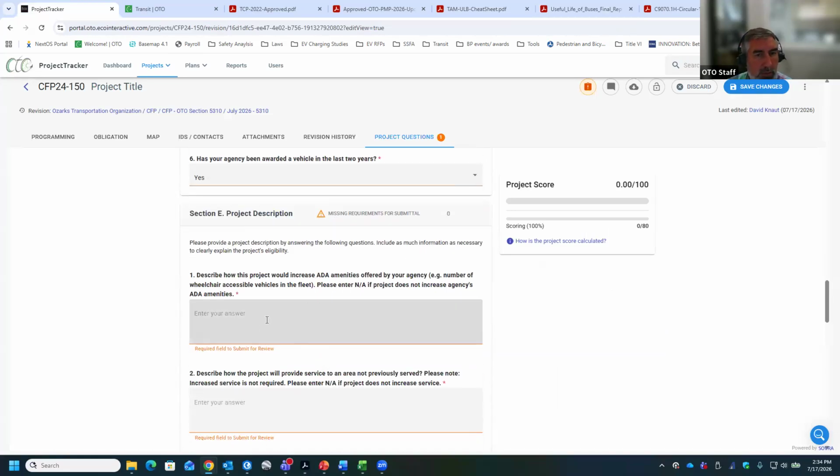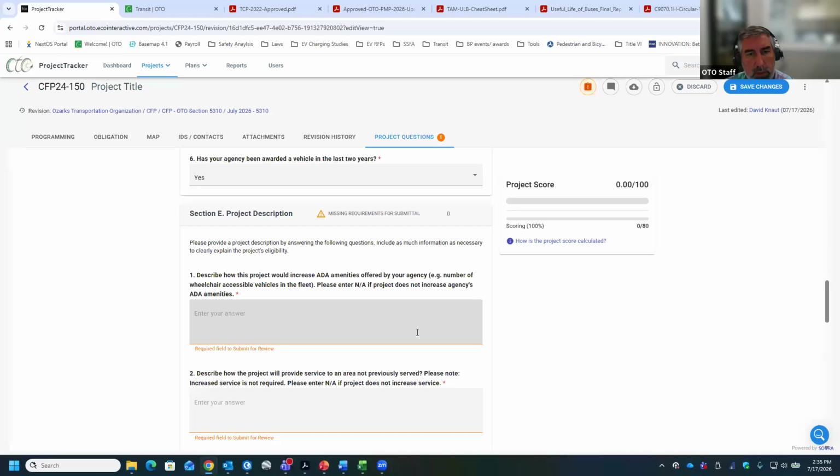And then there's going to be the different questions. So ADA amenities offered. I always say there's an example: wheelchair accessible. So if you buy a vehicle that now has two wheelchair positions instead of one, or you didn't have one, you would put that in, or you maybe have different securement systems, or if you buy a new, extra vehicle, you can say we now have more accessible vehicles.